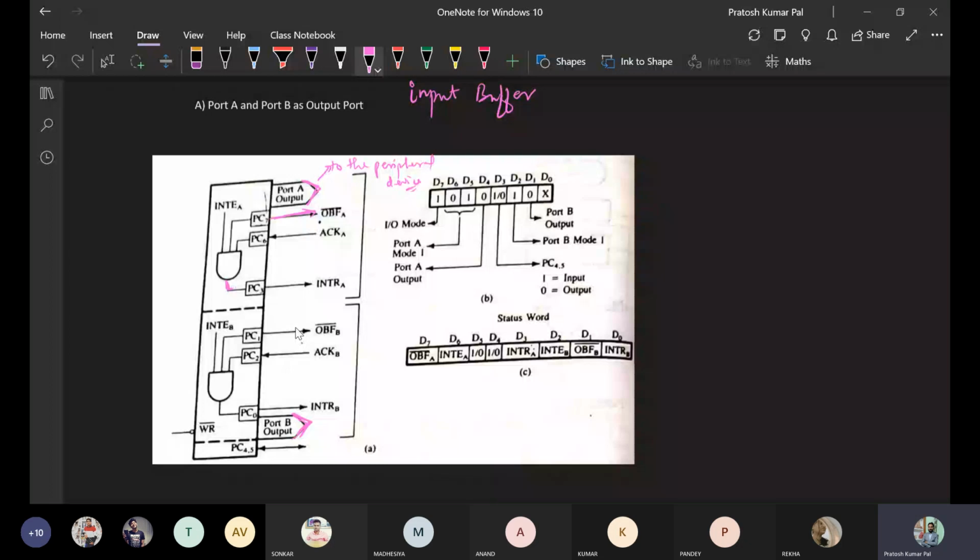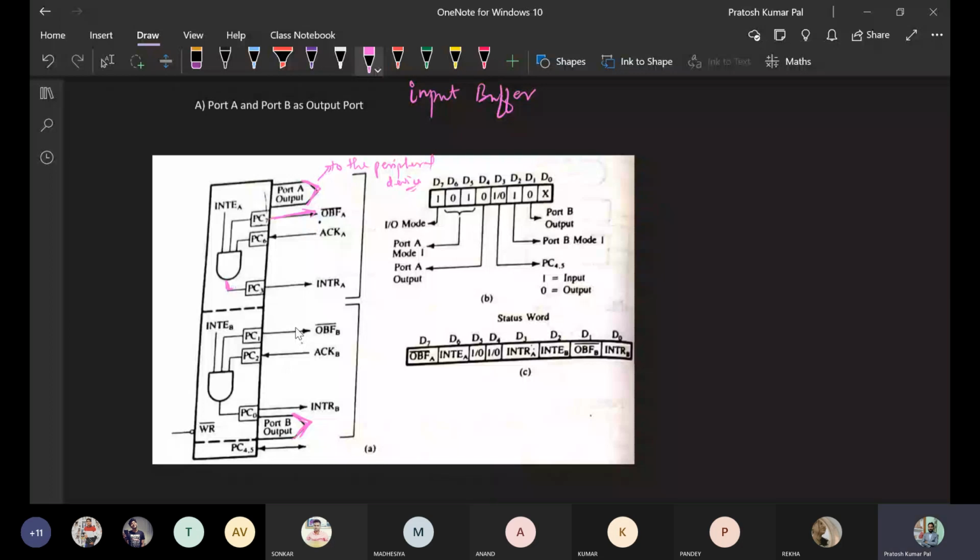Okay, so once this is sent to the peripheral device, the peripheral device will understand that the microprocessor has data, and if the peripheral is also ready to accept the data, it will send an acknowledgement to the processor. This acknowledgement is an input signal from the peripheral, and it is an active high pin.